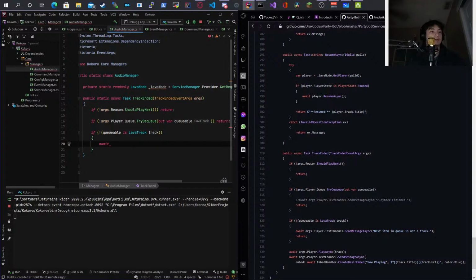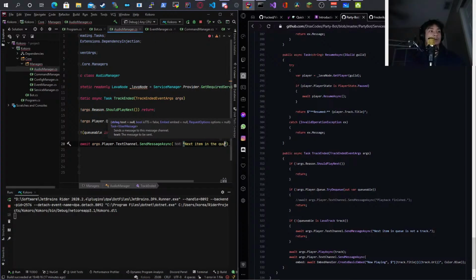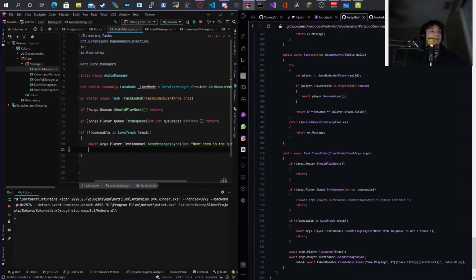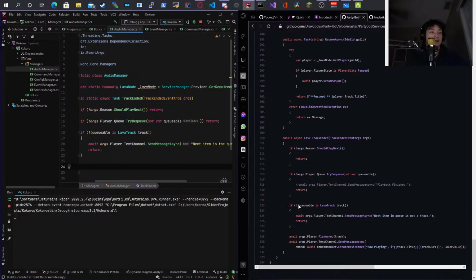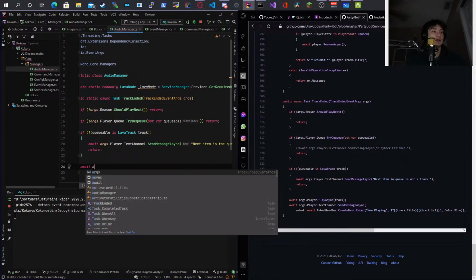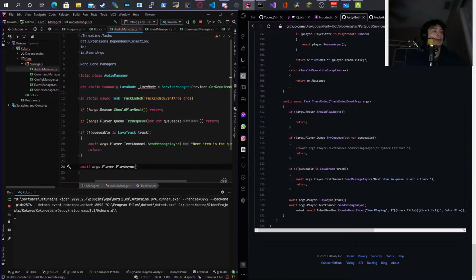Await args dot player dot text channel dot send message async. Next item in the queue is not a track. Then I'm going to return here because that's how this works. And then now we do an await args dot player dot play async track.